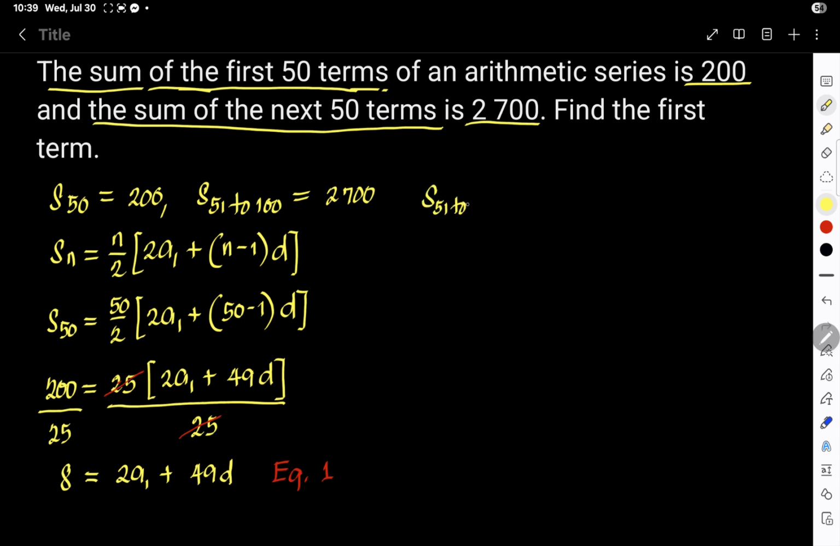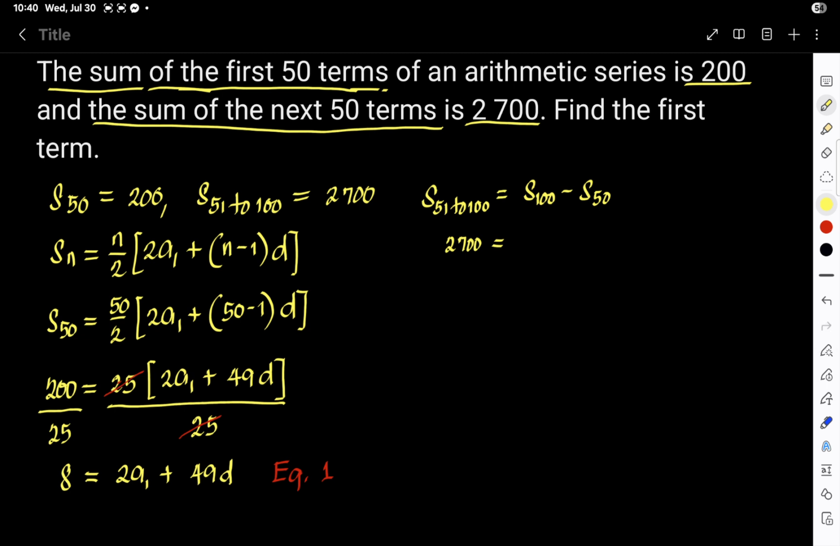S sub 51 to 100 is simply equal to the sum of the 100 terms minus the sum of the first 50 terms. And now, let's form the equation. So, the sum of the terms from 51 to 100 is 2700. So this will be 2700 is equal to,